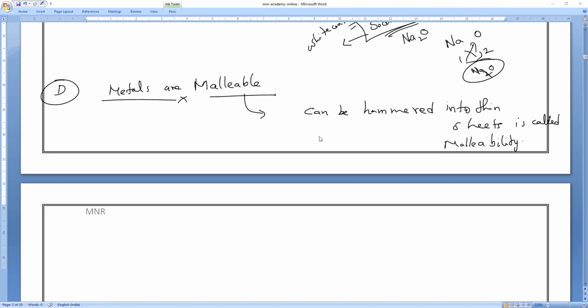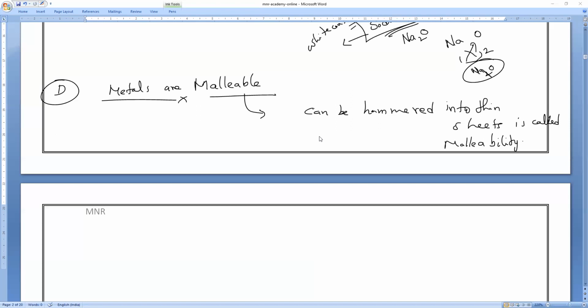Do you remember? The cost is very high. Of course, nowadays we are getting gold-coated sweets also, almost 13,000 to 14,000 rupees for 1 kg. Extremely high cost. They are coating with original gold and original silver. But 1 gram of gold can coat more than 100 kg of sweets, because we can make such thin sheets from gold. Highly malleable in nature.